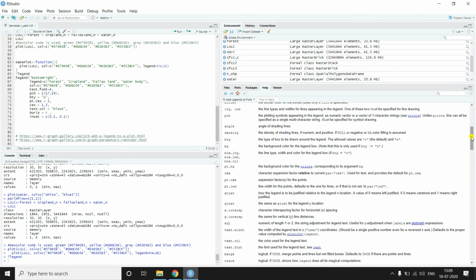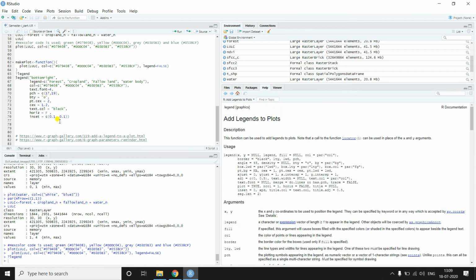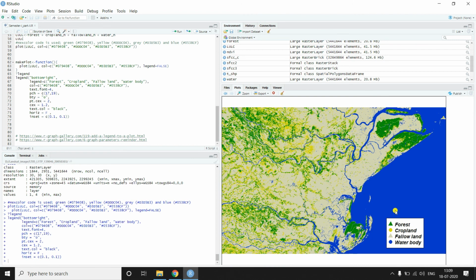Here I have added a few parameters: whether I want a background for the legend, its text size, text color, whether it will be horizontal or vertical, all those things. And the names of the classes, their colors, and the type of indices I will use. If I run this, I will get a colorful legend.